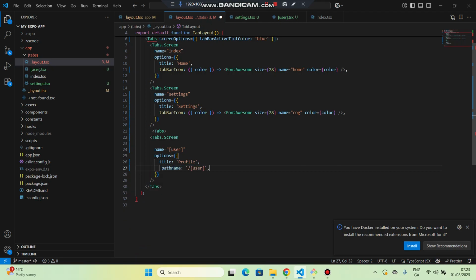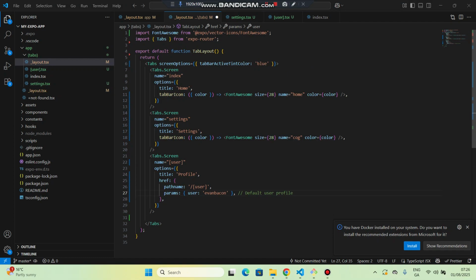Okay, and make it tidy. We'll use this path name, tab screen. Okay,